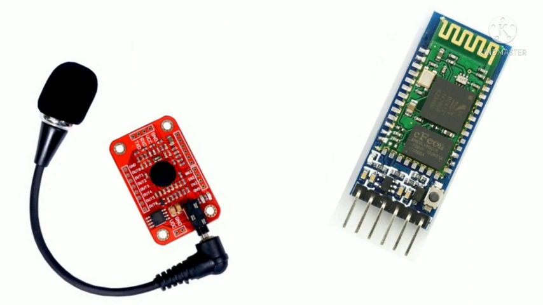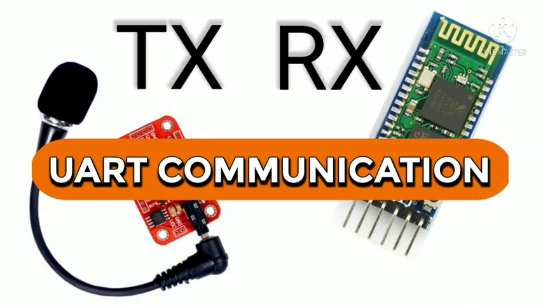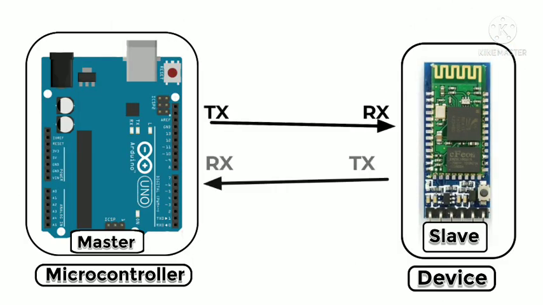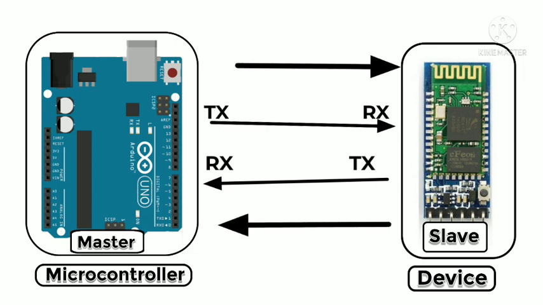Sensors that have TX and RX communicate using UART communication only. In this protocol, one receiver pin and one transmitter pin are there. The transmitter pin transmits the data and the receiver pin receives the data. This is how communication happens, and this is called serial communication. In serial communication, two pins are involved, TX and RX. These RX and TX pins are also connected internally to the programming port by which we upload code to our Arduino.